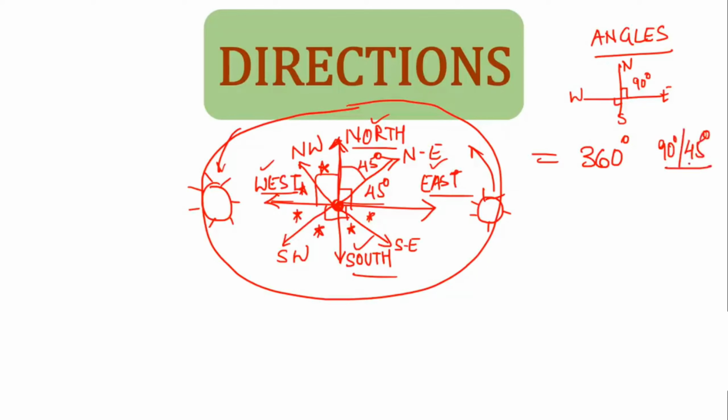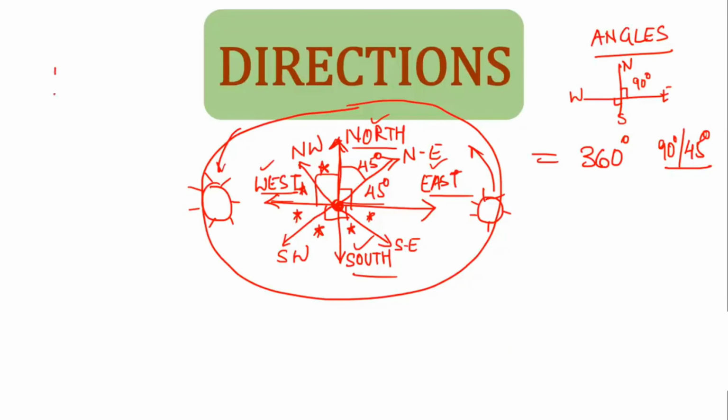This is very useful when we are solving sums, because we would be given the angle in which the turn has been made by a person, and depending on that we have to find the direction. Now after this, let us move on to another concept. Take a look at the left hand side.